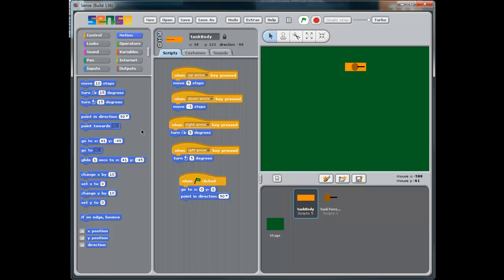During our next tutorial we'll be making that tank fire a shell, and we'll be giving it something to fire